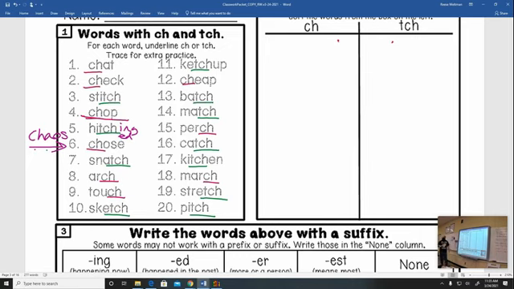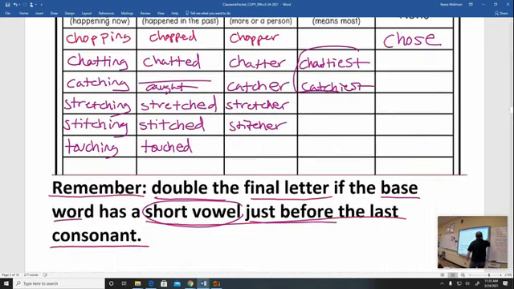Arch. We could say arching and arch, correct? Can we say archer? Yeah, kind of. And what would it mean? It means